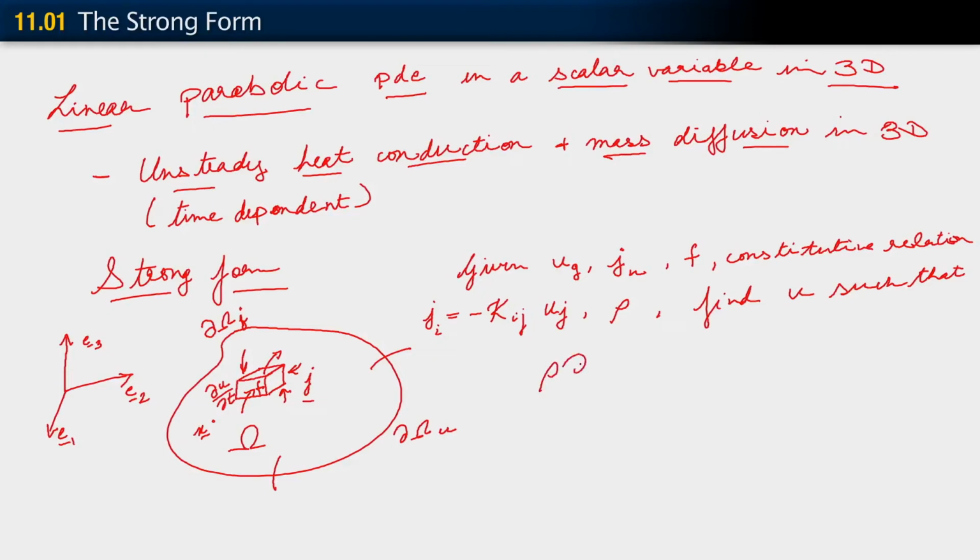Rho partial of u with respect to time equals minus j_i comma i plus F